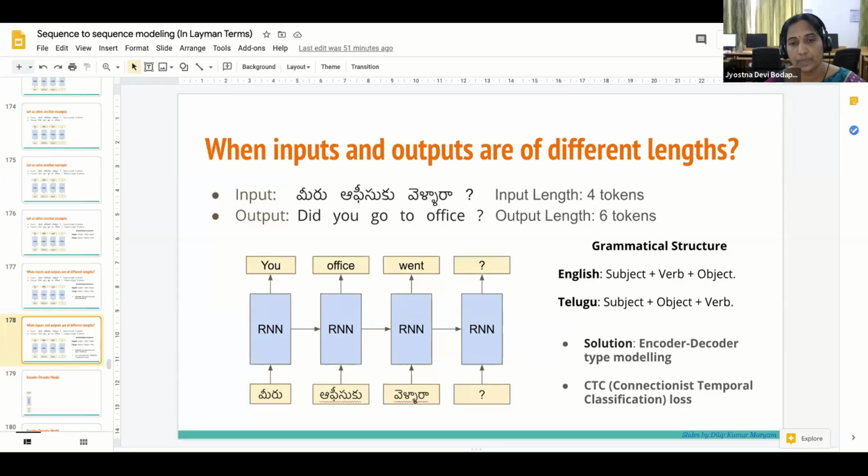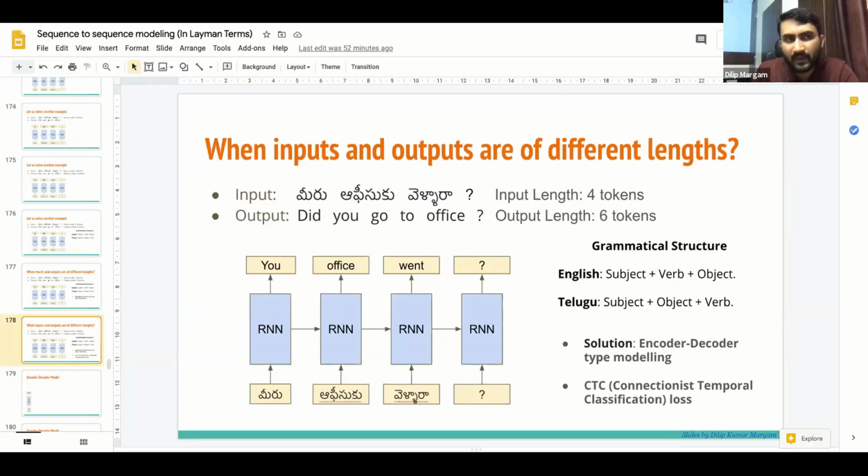So can these models be used for medical images also? That's one of the questions. Medical images are not a sequence as such, but still they can be converted to a sequence. For example, you can split an image into multiple boxes or grids and consider one grid as the first token, the second grid as the second token, and so on. Then you can use these models as a sequence to sequence task.